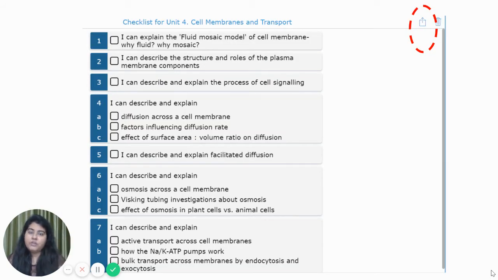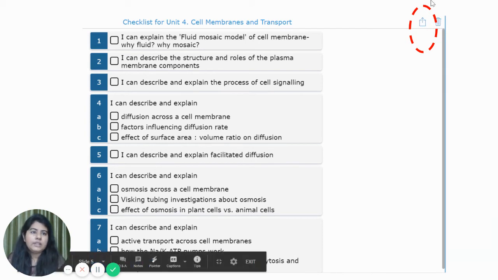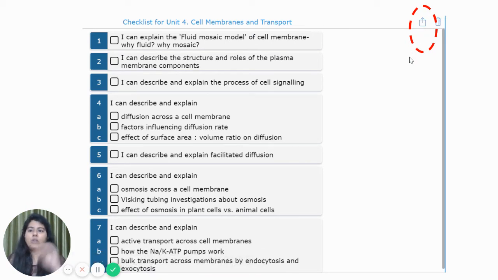Finally, after you finish your review through reading, you will be given a link which you can click and go through each of the points in the checklist. It's an online checklist, and you can tick on those checkpoints which you are confident about. And then you can see there is a red circle over here. You have to go over there, click on it, and send me your completed checklist over mail so that I can see that this particular person is confident about these objectives, and the objectives that you are not sure about, you don't tick on the checklist.